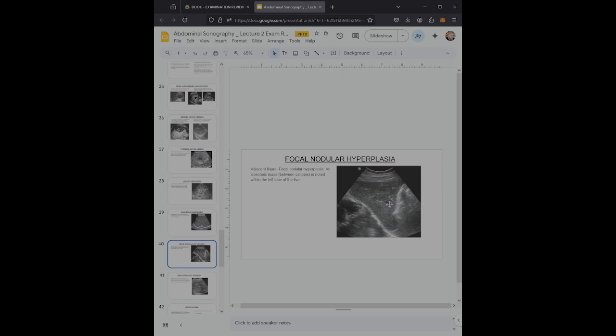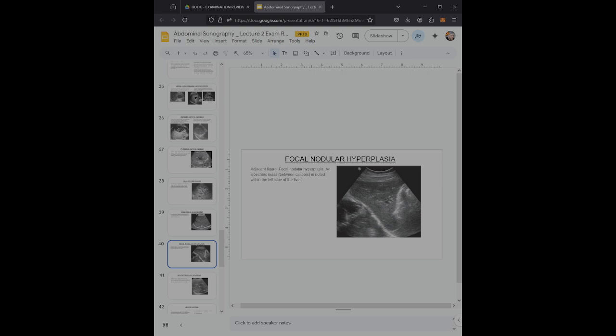Patients who have it are often asymptomatic, but the mass can impinge on surrounding anatomy, and pain will likely ensue. It may have multiple sonographic appearances. It might be isoechoic or hypoechoic, and it may contain a stellate or star-like scar. The central scar will appear as a hypoechoic or hyperechoic linear structure within the mass, and hypervascularity is identified using